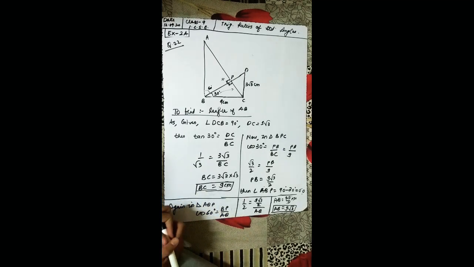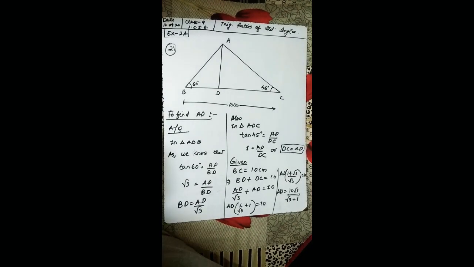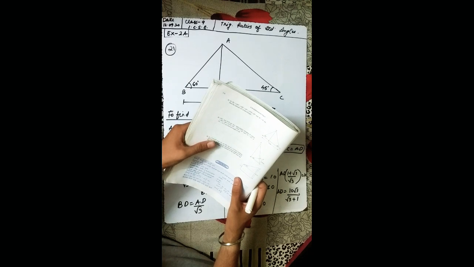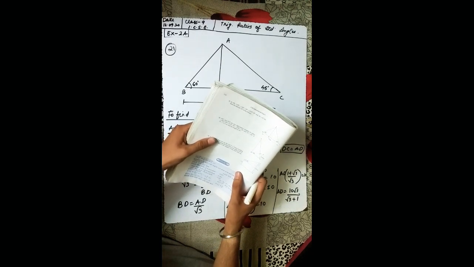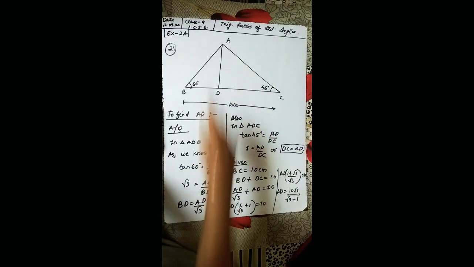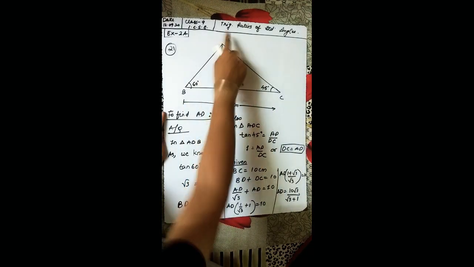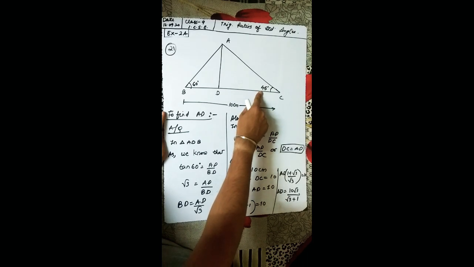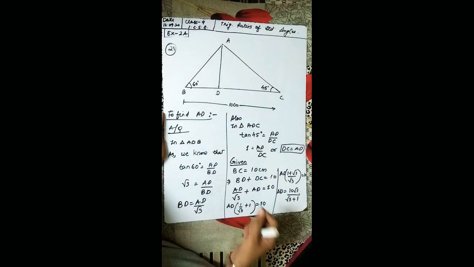Now you do 21st and 23rd questions. They are easy. Okay, I was thinking to solve the 21st question also, as I thought you may face a problem. So the thing is, you're given, in triangle ABC, angle ABC is equal to 60 degree and angle ACB equal to 45 degree and BC is equal to 10 centimeter. Find the altitude AD of the triangle. So you are given this triangle, you have angle ABD as 60 degree and ACD as 45 degree, and you need to find the altitude AD.